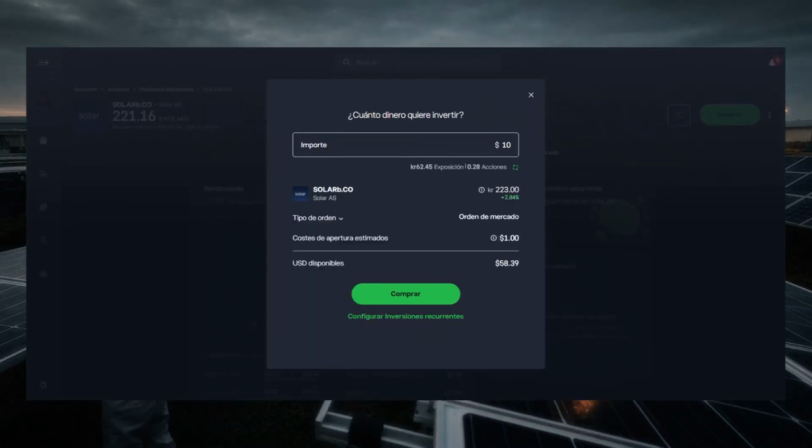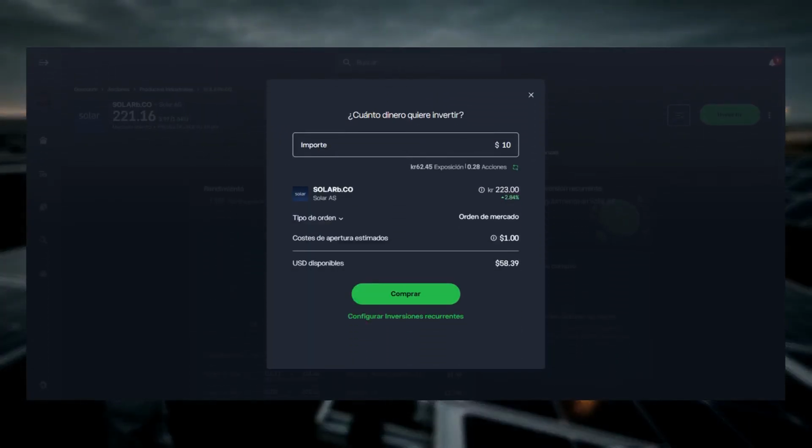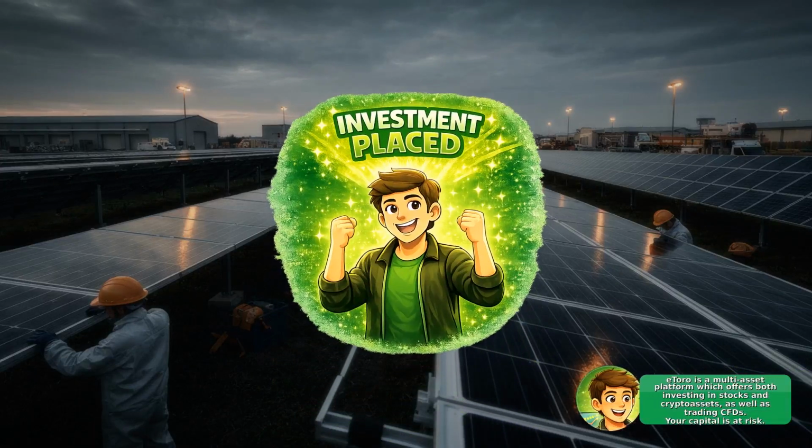To buy, click Invest or Trade, enter the amount you want to invest, review the order details, and confirm the trade. If the market is closed, the order may be queued as pending, and if funds are insufficient, the platform will request you add money before final confirmation. Your new position will appear in your